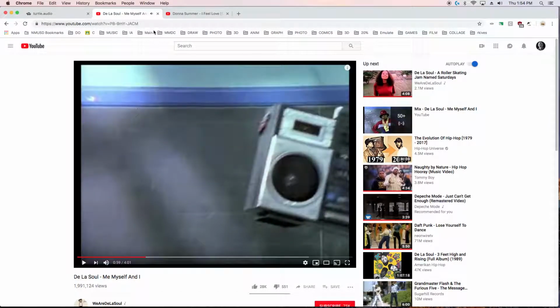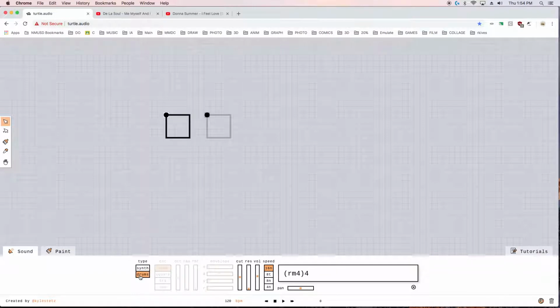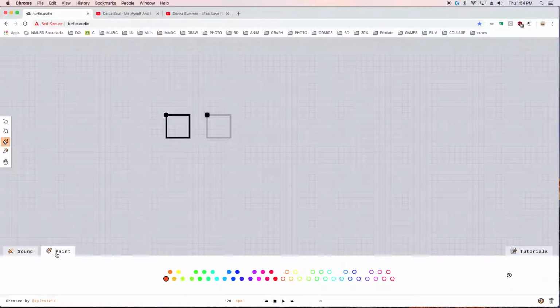So there's a little more freedom with the kick drum in hip hop. So let's play around with that idea. And I'm first going to lay down a snare drum. So remember, when we want to make drums in Turtle.Audio, we need to switch the type to drums. And then I'm going to go in and paint in some snare sounds. So I will find the house snare 1. I'm going to put that on the 2nd and 4th beat. And if I play this,